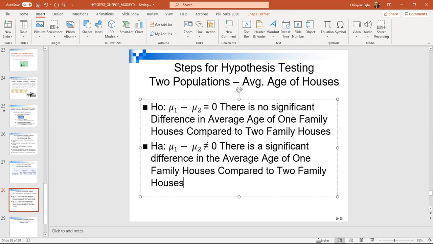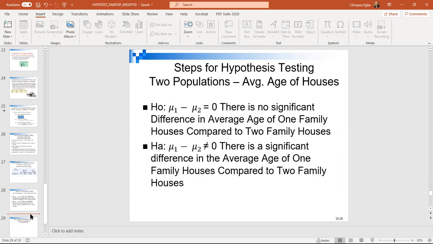This is the way you state the null hypothesis. First is that there's no significant difference in the average age of houses. And then the alternate will be that there is a significant difference. Now you can state the alternate hypothesis so that you can have this as greater, or as less than, strict equality sign. All right. So once you state the null and alternate hypothesis,